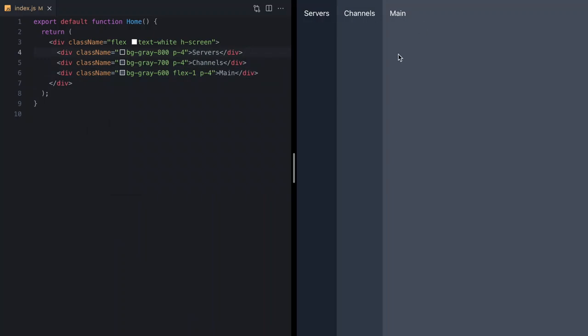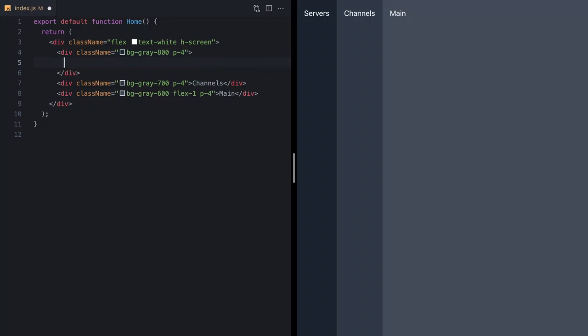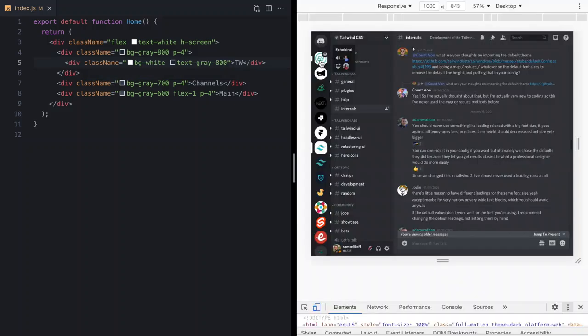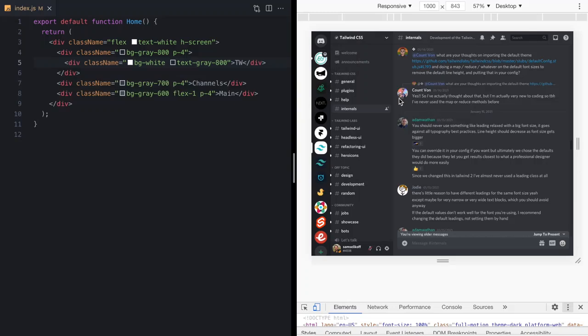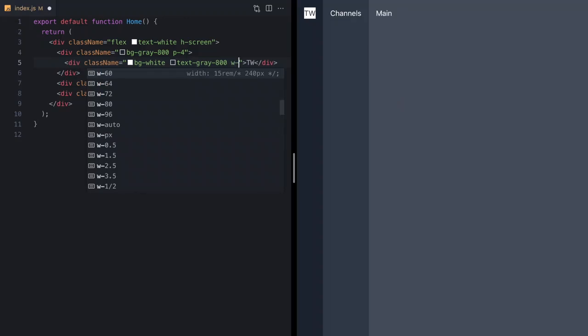Next, let's just make a white div for a dummy server selector here, just so we can visualize this a little bit better. And the way we can make a white circle is just by using a new div here, and we'll drop TW in just so we have some content. We'll go ahead and make the background white, and we'll make the text gray 800. And we want to give this white box a certain size. So over here, we can inspect one of these and see that these are 48 by 48 pixels. So we can explicitly set the width and height of our box to 48 pixels using the width and height